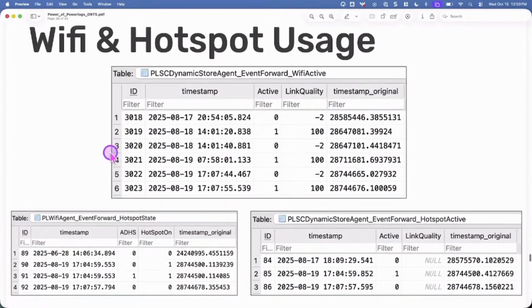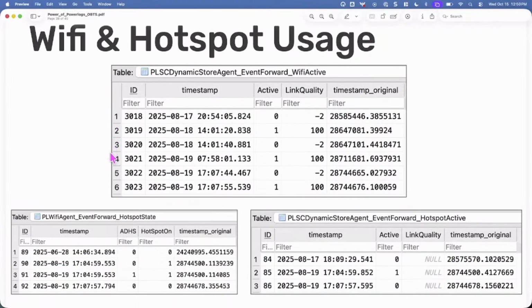Hotspot usage, just had to use that here because the Wi-Fi here is just terrible. So active, whether it's active or not. So you can see that Boolean value, 0 or 1. The different hotspot states, we actually find it in quite a few different tables. For whatever reason, Apple loves to basically have the same thing in different tables. Like batteries, it's saved in like 5 different tables for whatever reason. But again, I'm not really going to complain. Maybe I get a little bit more data. Maybe it's saved for a little bit longer.